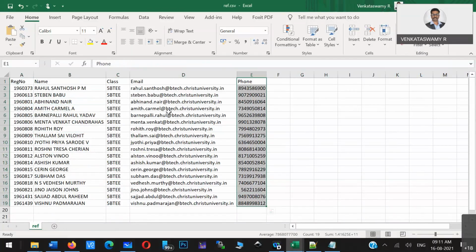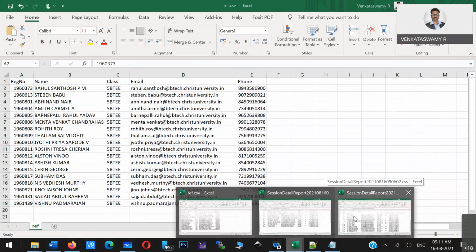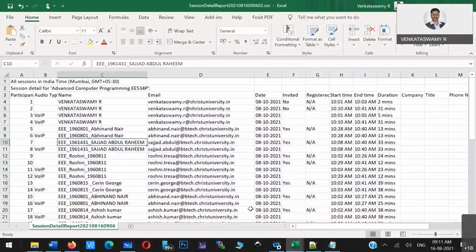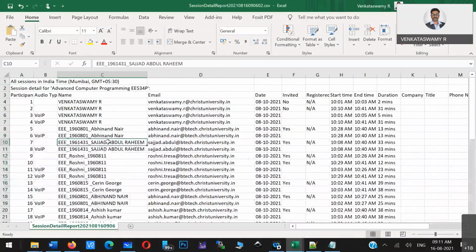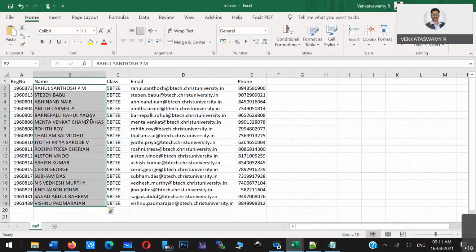Now what is common in both? Register number is not available in the WebEx platform, so definitely I can't use that. Name is also not common. The WebEx name is different from what you registered in your Christ University.